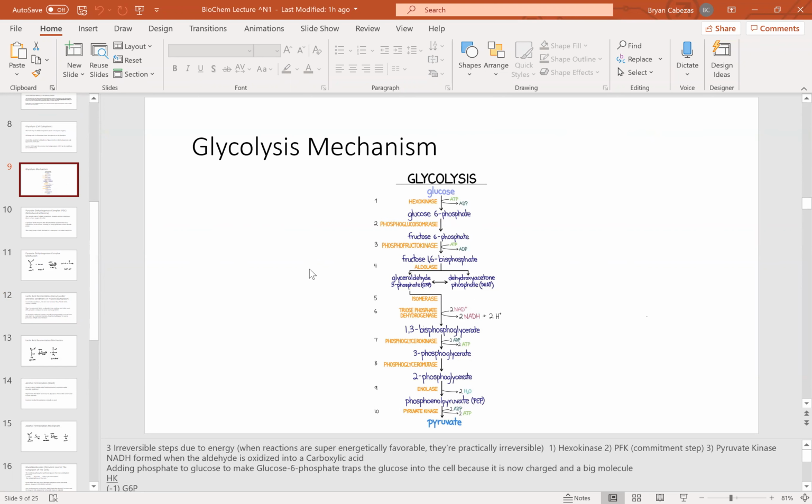ATP. So typically when we have oxygen in our environment, this NADH is going to go to the electron transport chain that's in the mitochondria, and it's going to donate those electrons into the electron transport chain. Those electrons are going to be shuttled down and interact with the oxygen to create water. So let's say, for example, if we didn't have oxygen, right? Then that means that the ETC won't be working. And by extension, the Krebs cycle and the pyruvate dehydrogenase cycle, which is also in the mitochondria, are also going to stop working. So what can we do to make sure that we still have ATP production, right?